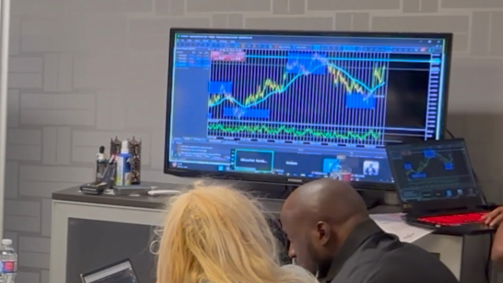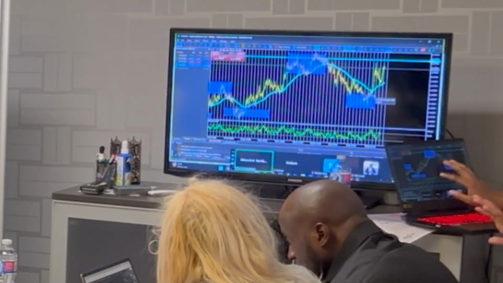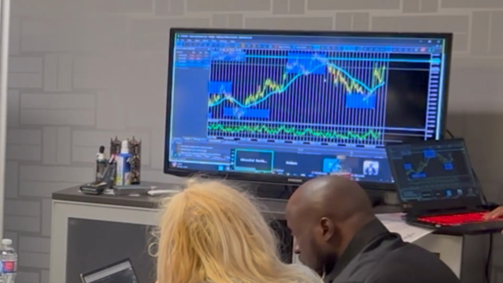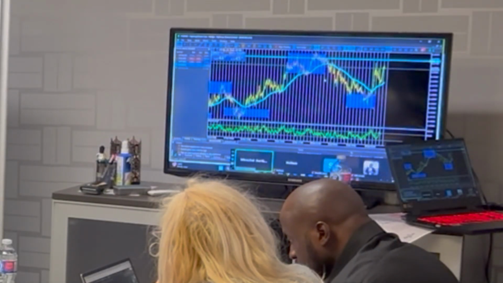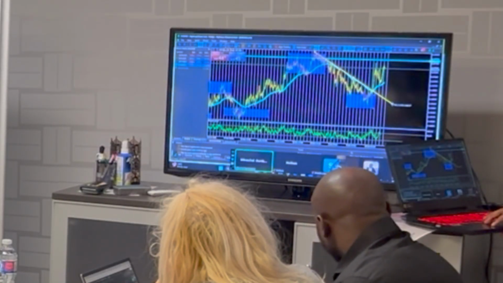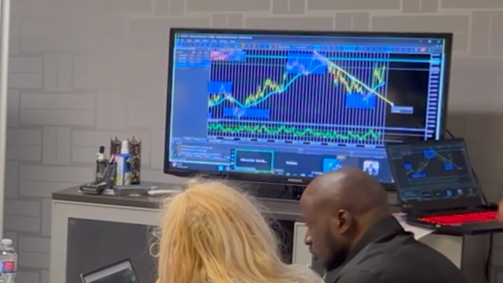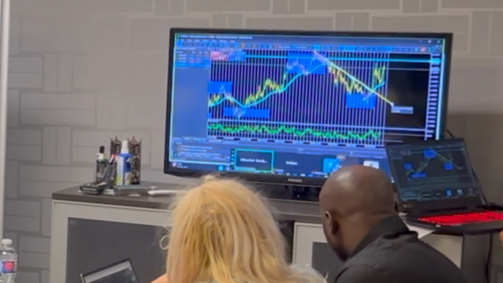Remember, guys, all this work was placed on the daily, all those rectangle boxes. But guess what? We're on the 1 hour time frame. I'm going to show you guys how to trade intraday instead of holding to the 0% on a daily, for some of you who probably don't like holding. You do this: grab your trend right here. There was a break of the trend on the 1 hour. Guess what? You can easily place your fib on the 1 hour time frame and look for the 50%